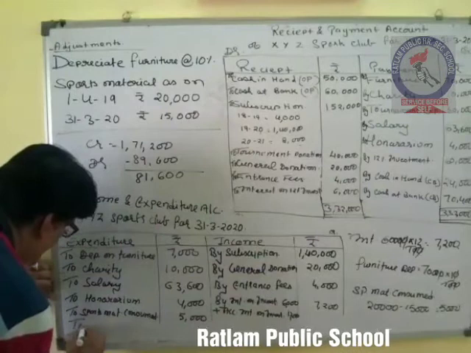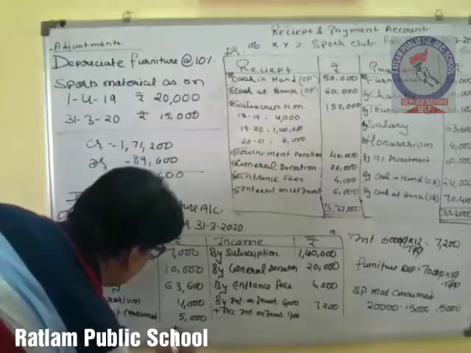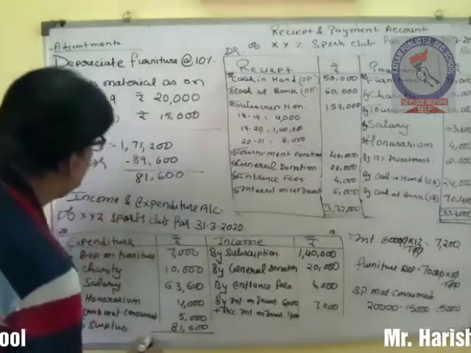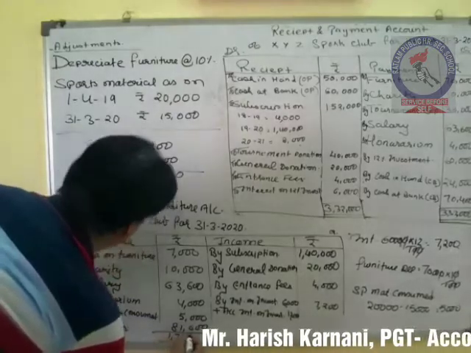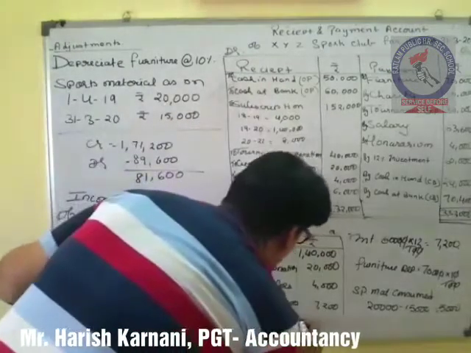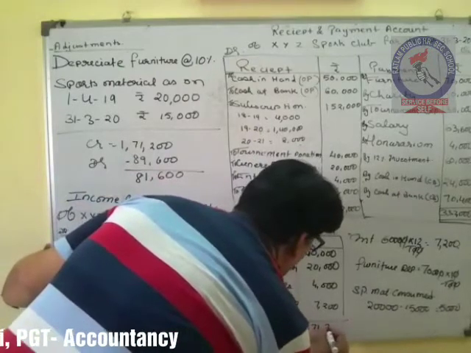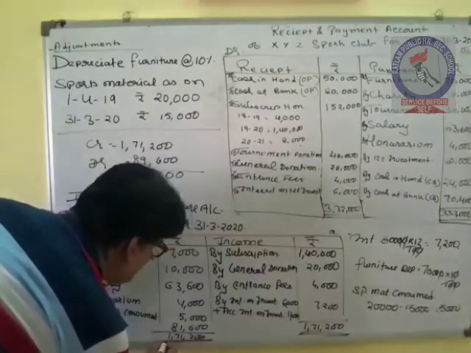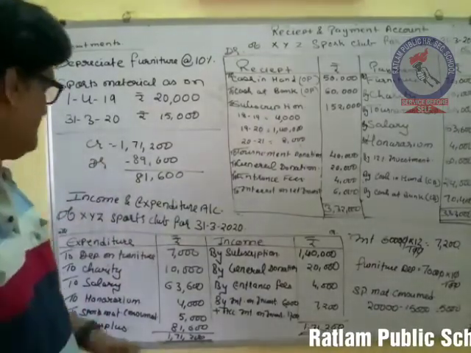So we will record that is surplus, that is 81,600, and we will add or close the income and expenditure account with 1,71,200. So this is the final figure, 1,71,200. So at the end of the year, what we have observed, that the XYZ Sports Club has got a surplus of